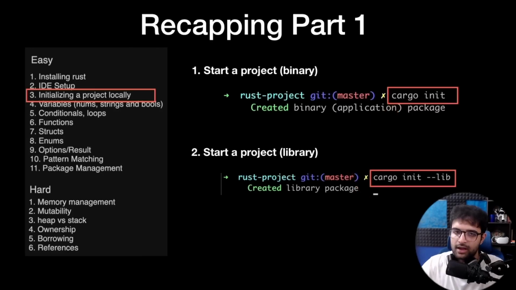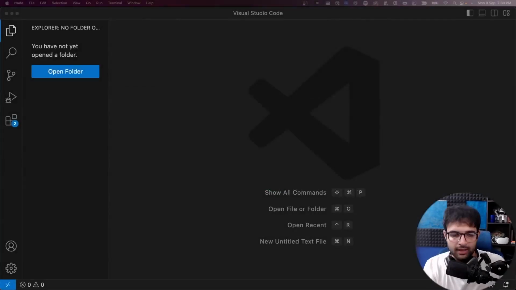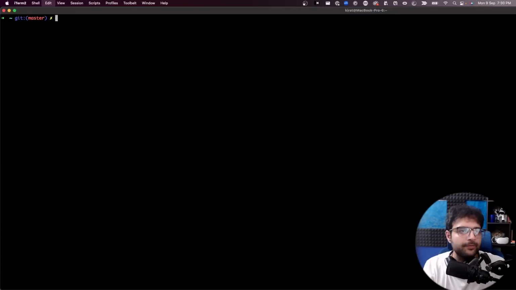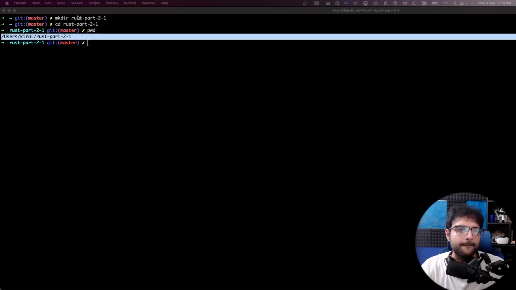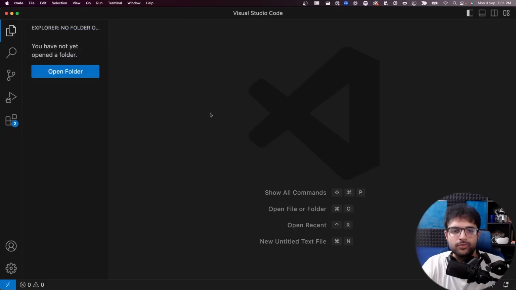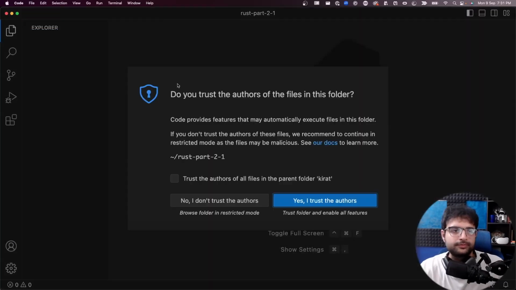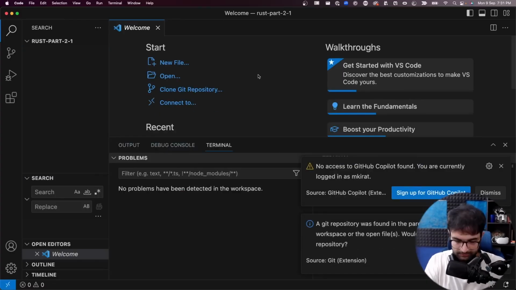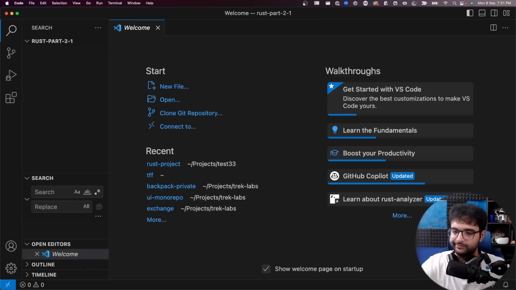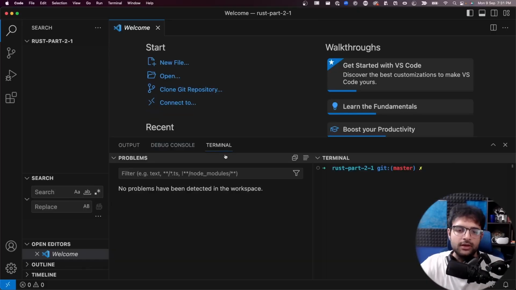How do you do it? Cargo init. Let's quickly try that out. If I go to my terminal over here, let me create a fresh folder called Rust part 2-1. Let me go to this folder and let me open this folder in Visual Studio Code. In this folder, now let me run the